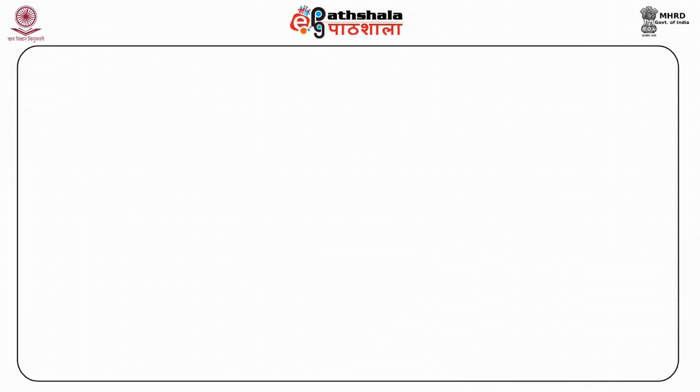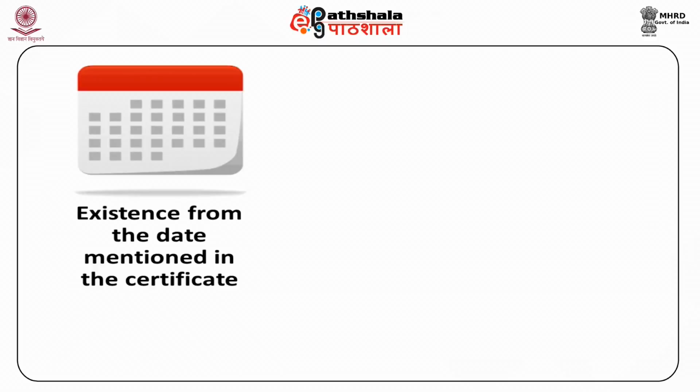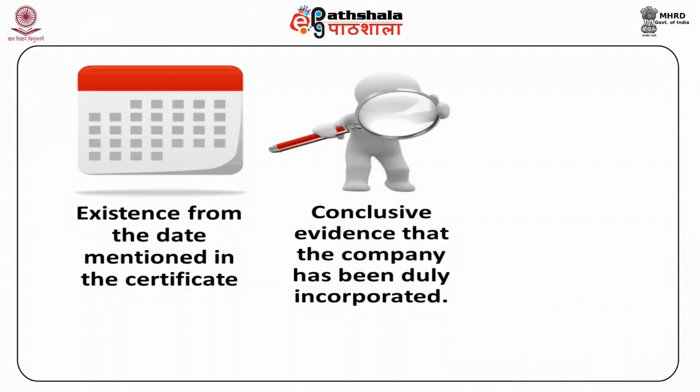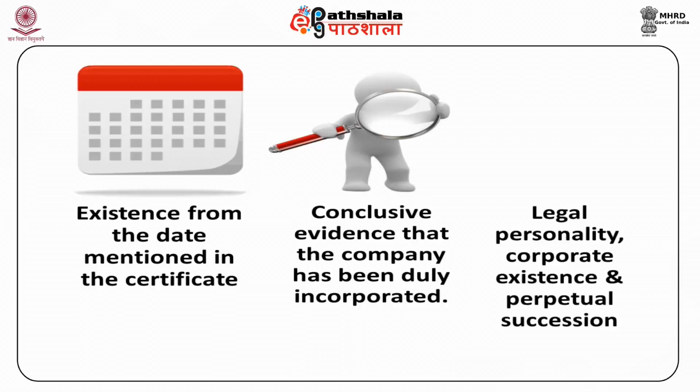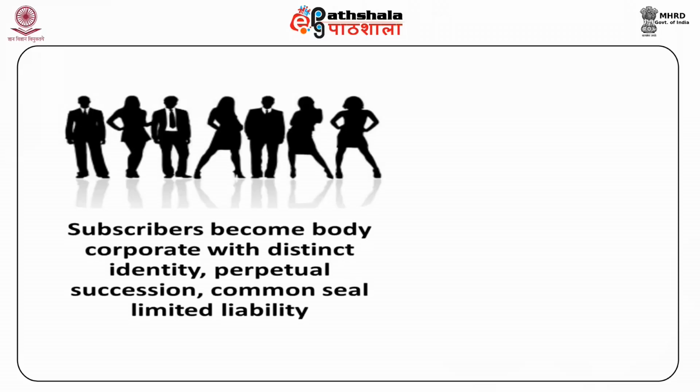Thus, the consequences are: number 1, the certificate of incorporation brings the company into existence from the date mentioned in the certificate. 2. It is conclusive evidence of the fact that company has been duly incorporated. 3. It grants legal personality, corporate existence, and perpetual succession to the company. 4. The subscribers to the Memorandum of Association, together with such other persons as may from time to time become